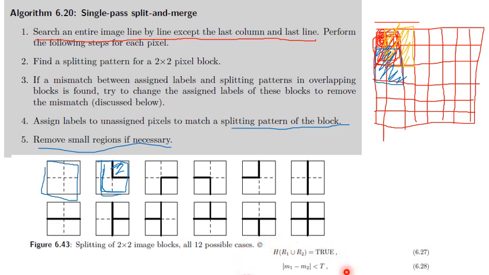Also, we should remember this equation very much: if some predicate on R1 union R2 is true, then I can say that the regions R1 and R2 can be merged, and if the mod of m1 minus m2 is less than T, where m1 and m2 are the mean gray level values in the regions R1 and R2, and it is lesser than some threshold. The intensities between two neighboring regions may not be exactly the same, but if you subtract them,